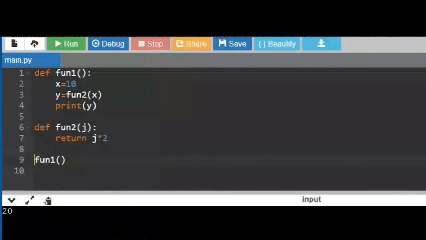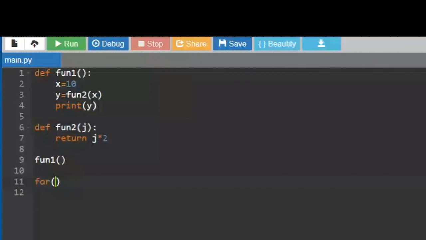Say I'm having two for loops. Say for example, I'm having two for loops. I have one for loop over here and I have another for loop over here. Are these two for loops independent for loops or depending on each other? Independent for loops, unless and until I write the for loop inside this one.